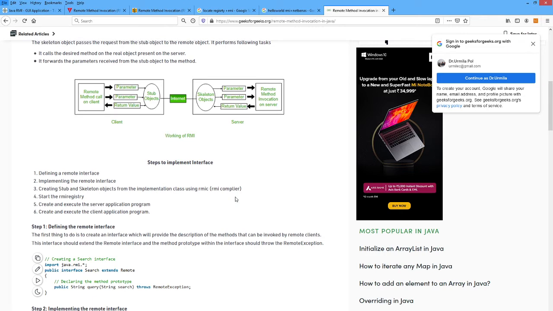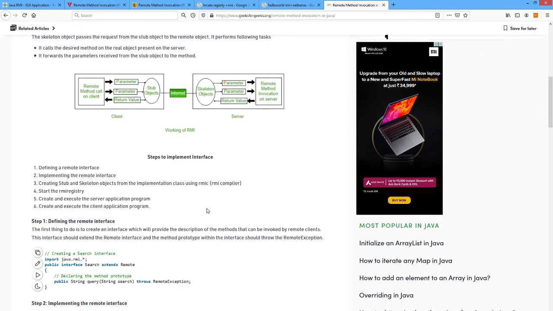When you want to run the program from the command prompt, all these steps are necessary: start the RMI registry, create and execute the server application program, and create and execute the client application program. First we have to execute the server program and then the client program, because once the server is ready, the client sends the request to the server.